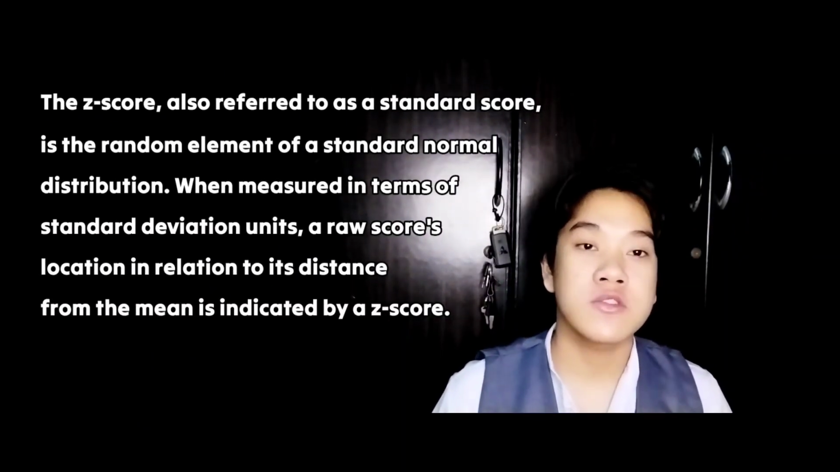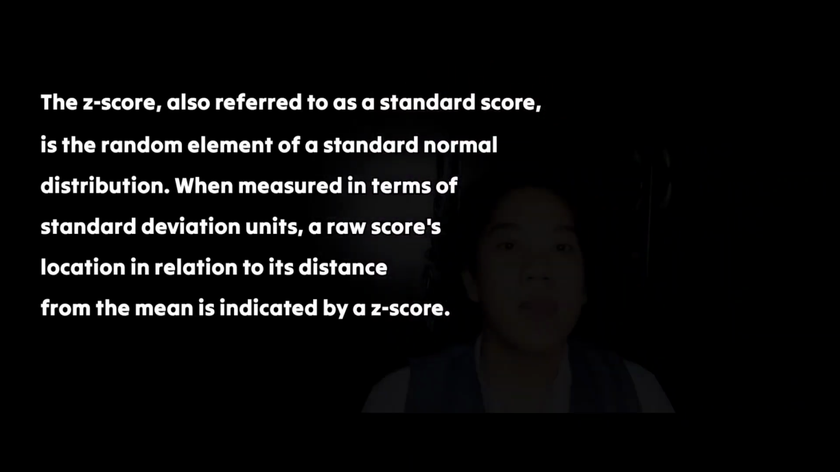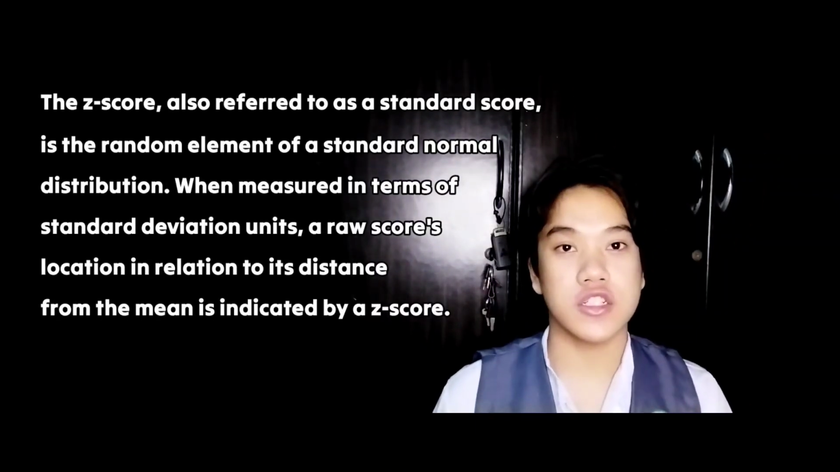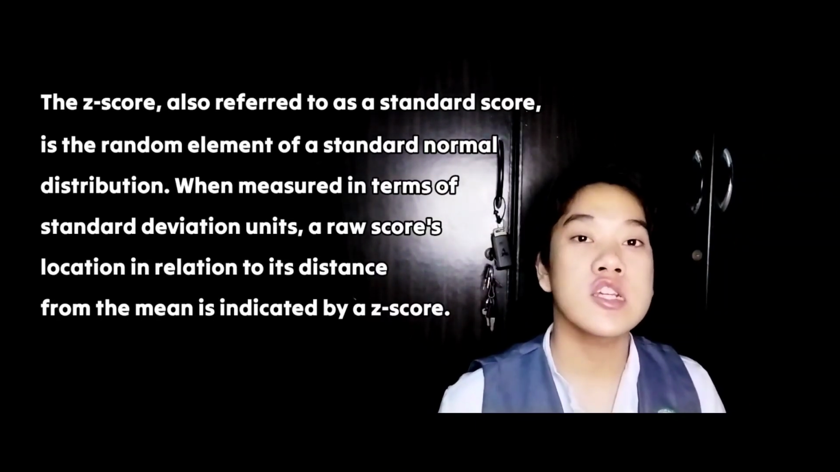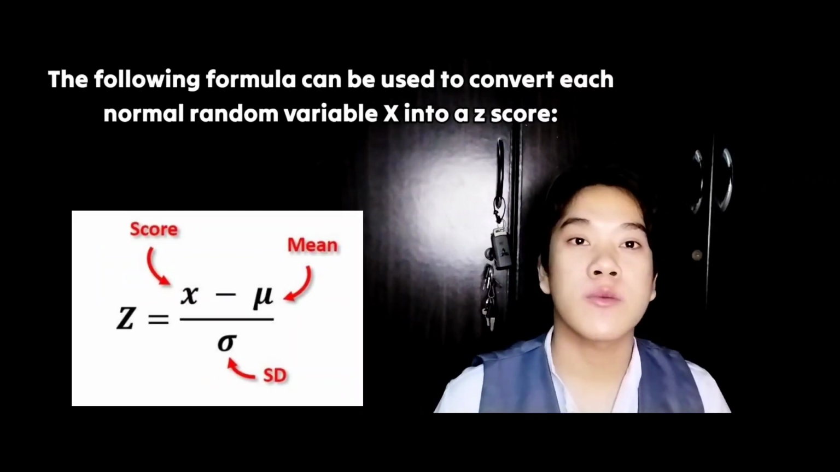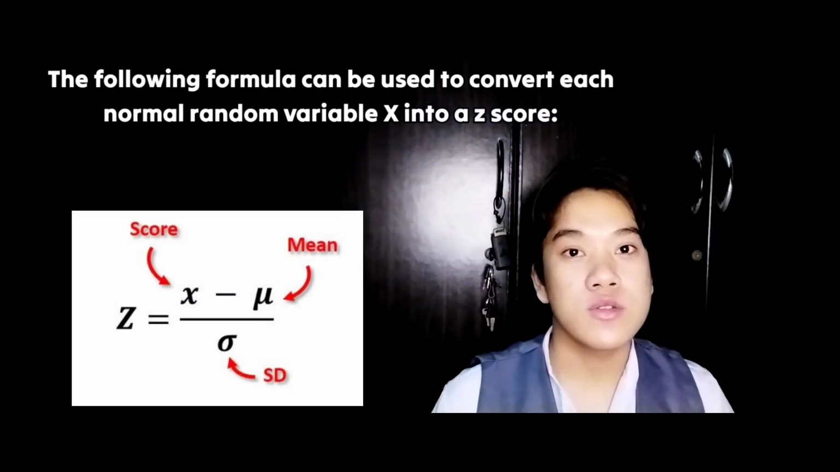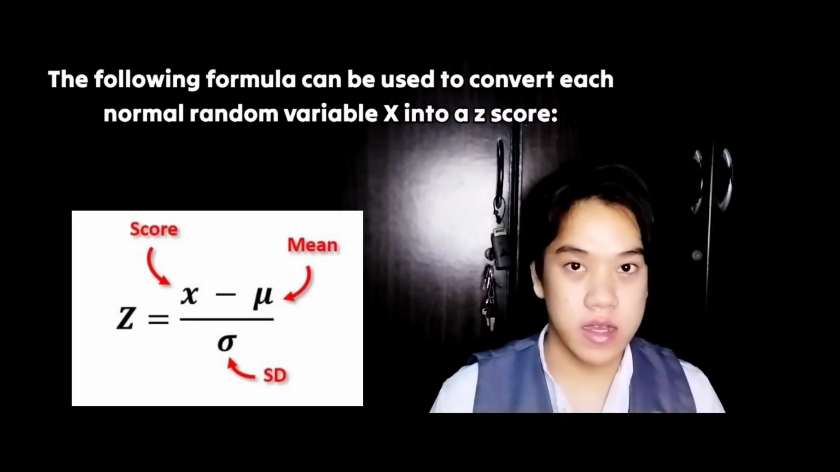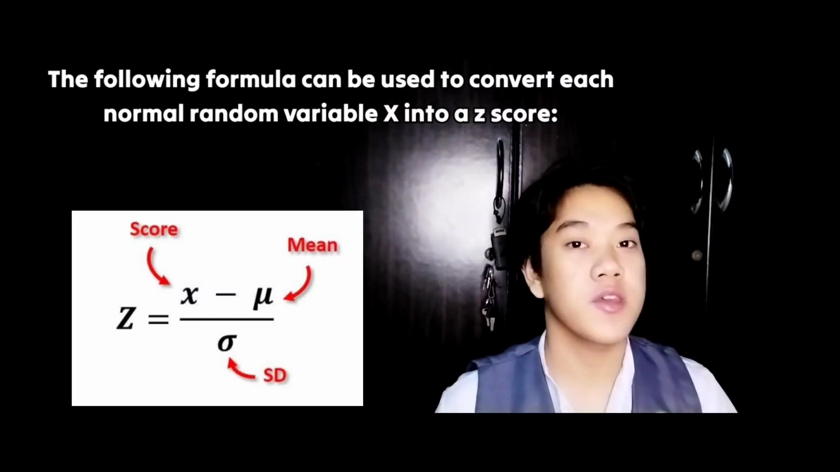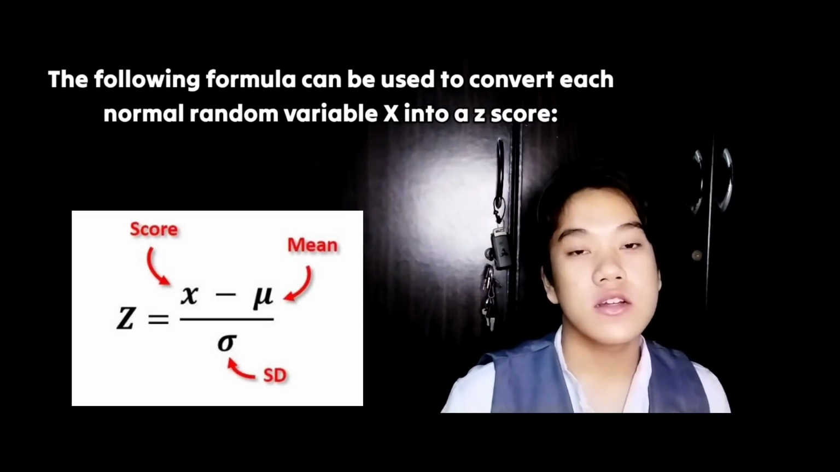And now for the z-score. The z-score, also referred to as a standard score, is the random element of a standard normal distribution. When measured in terms of standard deviation units, a raw score's position in relation to its distance from the mean is indicated by a z-score. The following formula can be used to convert each normal random variable x into a z-score. That is z equals x minus mu over sigma, where x represents the normal random variable, mu represents the mean of x, and sigma represents the